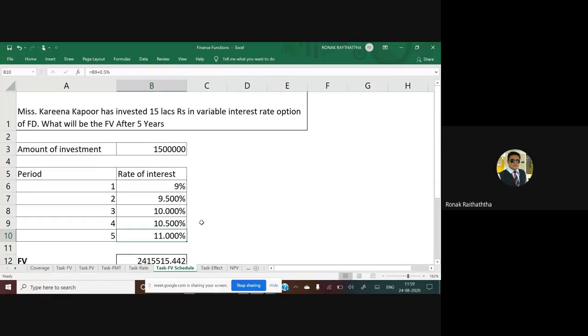Now you cannot use the direct FV formula over here. Why can you not use the FV formula, my dear friends? Because for the FV formula, your rate of return expectation must be standardized. It must be the same. It must not change. If it is changing, then you are stuck. But if you are stuck, Excel has the answers for everything, my dear fellas. So when the rate of return expectations from the investment is changing over a period of time, use the function called